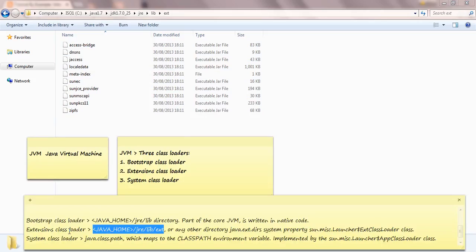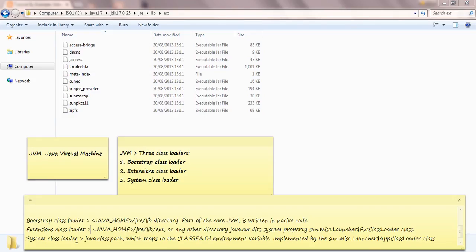If you want libraries other than these, then we have to change the Java extension directory system property and set that property to the location. Then it will be loaded with the help of the extension class loader. And now the third one, the system class loader.